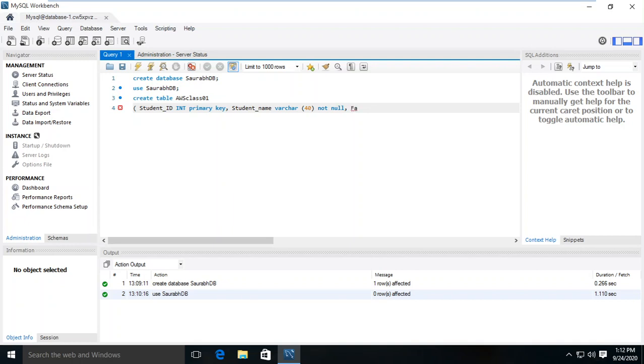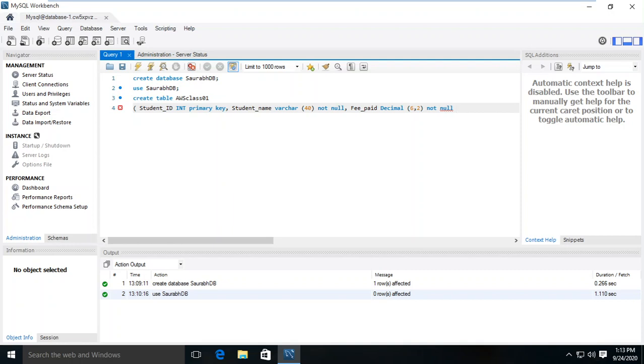Let's say that maybe fee paid. I want to only use here decimal value, and I want to give here 6, 2, so that 6 characters altogether, 2 out of after that. Then not null, this one also.